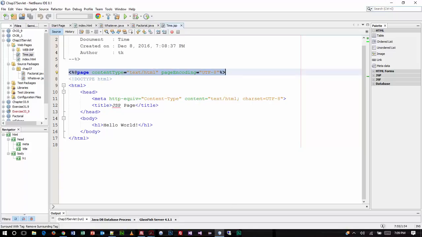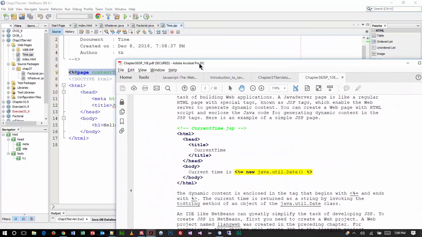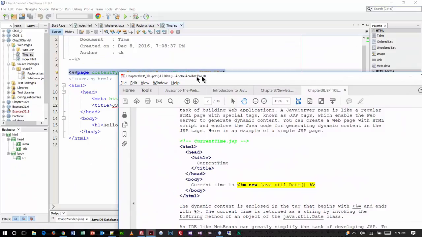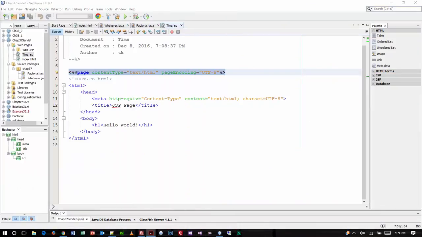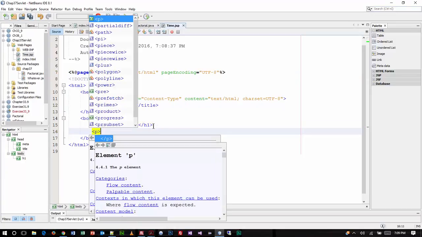And now we're going to take that current time, which we're just going to basically copy from the book. So the book's got this code, right? And if you look at the code here, we're just going to type it in because there's hardly anything to really type in. So I'm going to take that, and why don't I just create like a paragraph or something